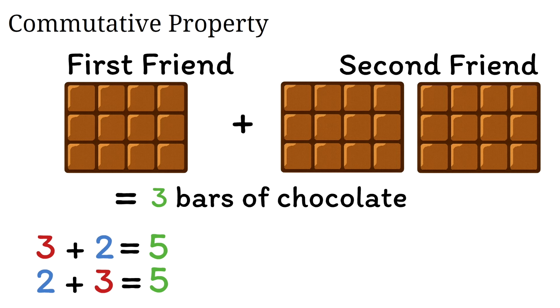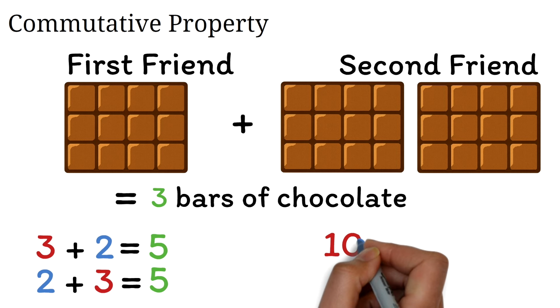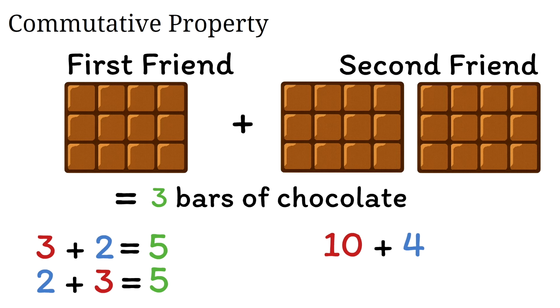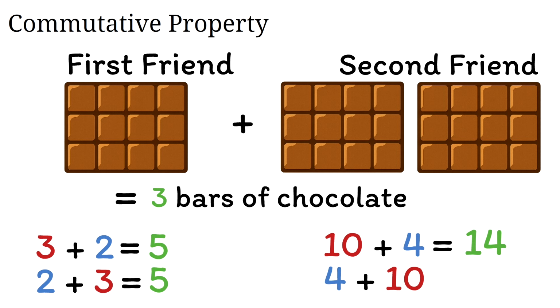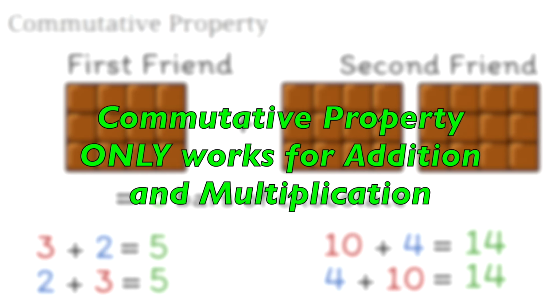Let's take another example. Let's say we had 10 plus 4. If we add the numbers together, we will get 14. And if we swap the positions of the 10 and 4 and add them again, we will still get 14. Note that the commutative property only works when adding or multiplying numbers, but it doesn't work when you subtract or